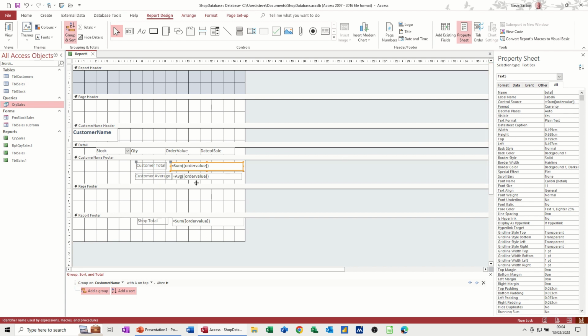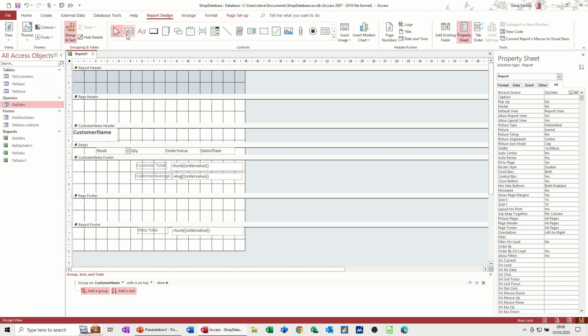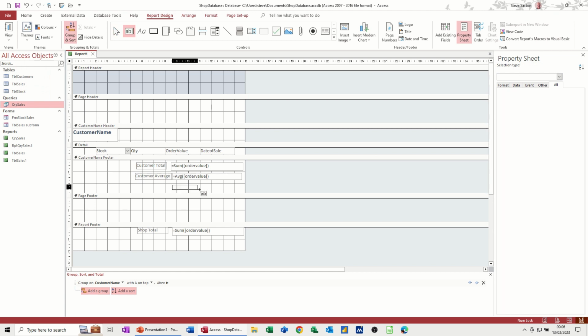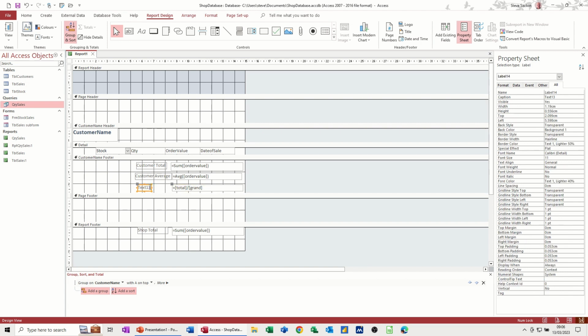And then what I can do now is if I make myself a little space, so I need another AB box down here, because I'm going to do in there equals total in square brackets divided by grand in square brackets, total divided by grand, and then I'm just going to put the percent symbol in there,